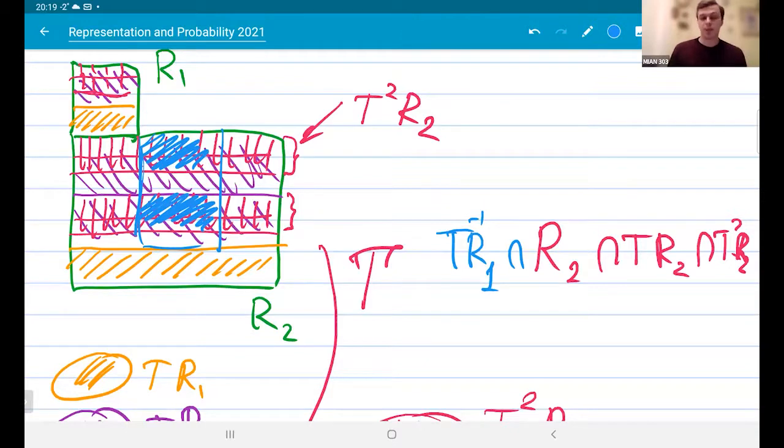Поэтому уже видно, что каждая из этих двух полосочек даст в пересечении по точке. А если по дороге все это еще измельчится, то точек будет не две, а четыре, восемь, сколько надо. Короче говоря, получается, что это кодирование недостаточно. То есть просто информации о том, в каких отрезках R1 и R2 я лежал на каждом из шагов, недостаточно для того, чтобы однозначно закодировать точку.